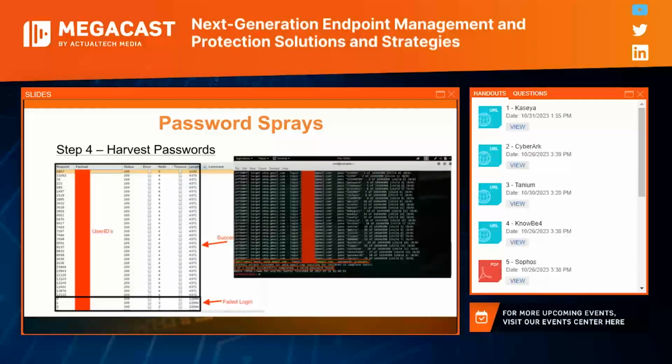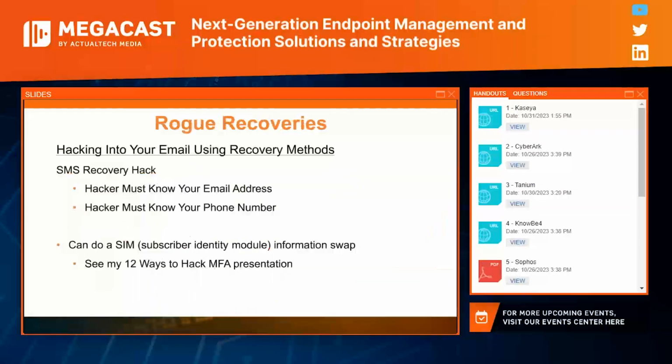So you may want to check with your security defenses to see if they can detect these password spray credential stuffing attacks. Pretty wild. This is another type of method. Most of the popular email services like Gmail and Office 365 and Yahoo allow you to recover your account. You can say, oh, I lost my MFA or I lost my password, and you can have them send you a PIN, an SMS or something like that, or send it to an alternate email account, and recover that account and get in if you've forgotten your password or lost your MFA device.